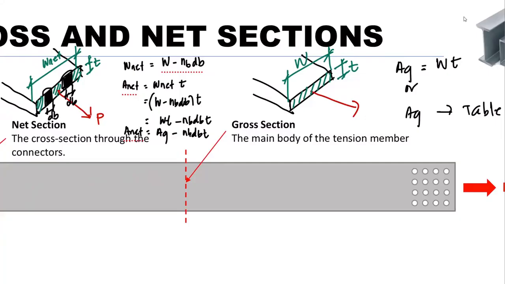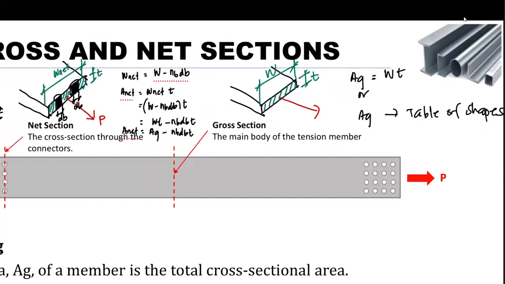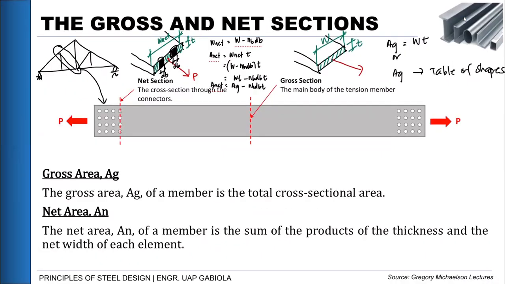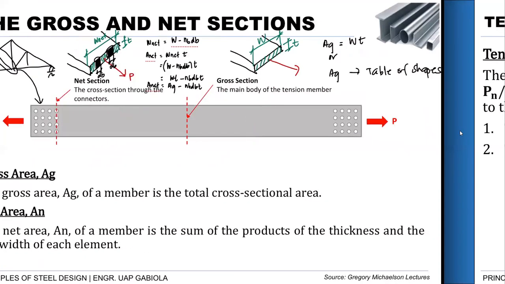So, this area equation for net is again, applicable lang siya for dito muna sa plate natin. Kapag naging other shapes na siya, may other consideration na tayo for that. And yun yung di-discuss natin doon sa succeeding slides natin. Okay? So, again, this is cross section and that section. So, gross section, net section, and then gross area. Ito yung gross area, yung perpendicular area, and then net area natin. Okay? Next,